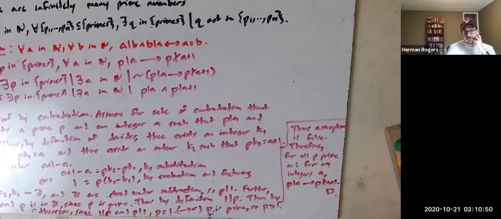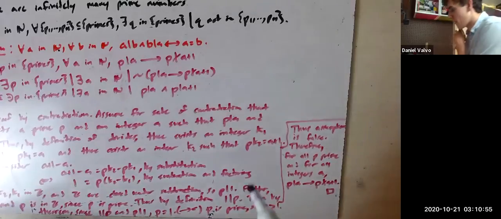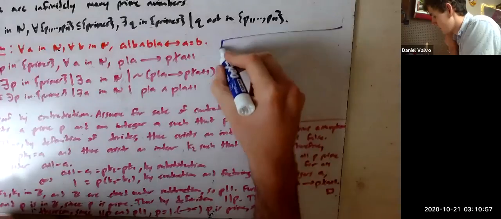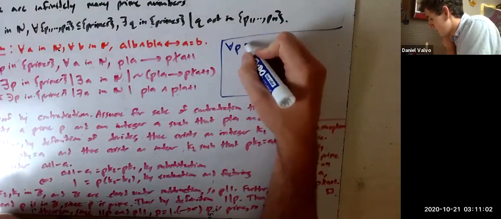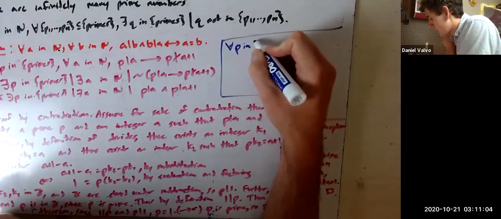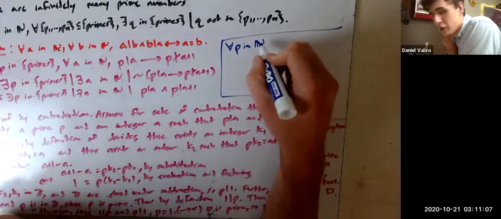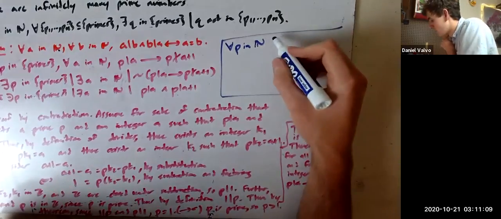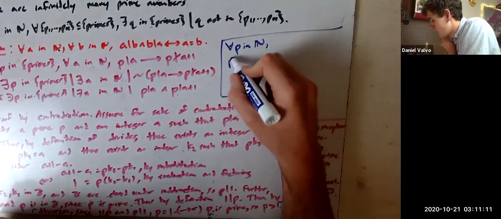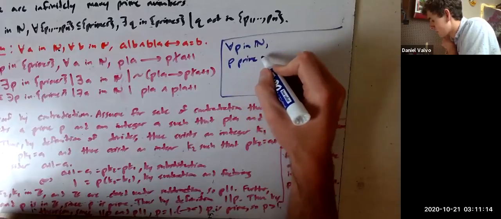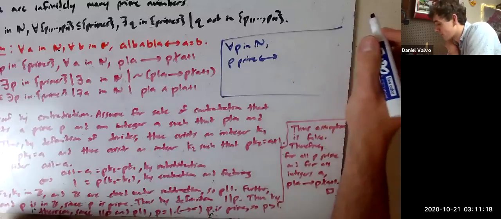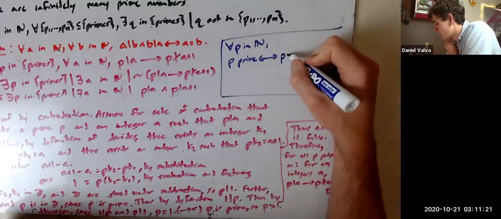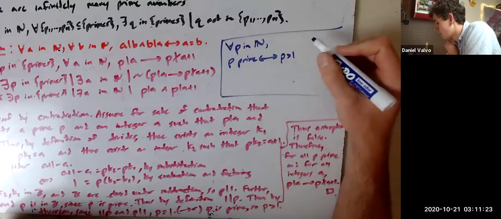Is there a formal definition for prime? Did we do that? Yes. I don't remember. You're good. A prime, by definition, is for all p in the natural numbers. You could do the integers here, doesn't matter. We'll see why in a second. p prime if and only if, this makes a definition, we have an if and only if. p prime if and only if p is bigger than 1